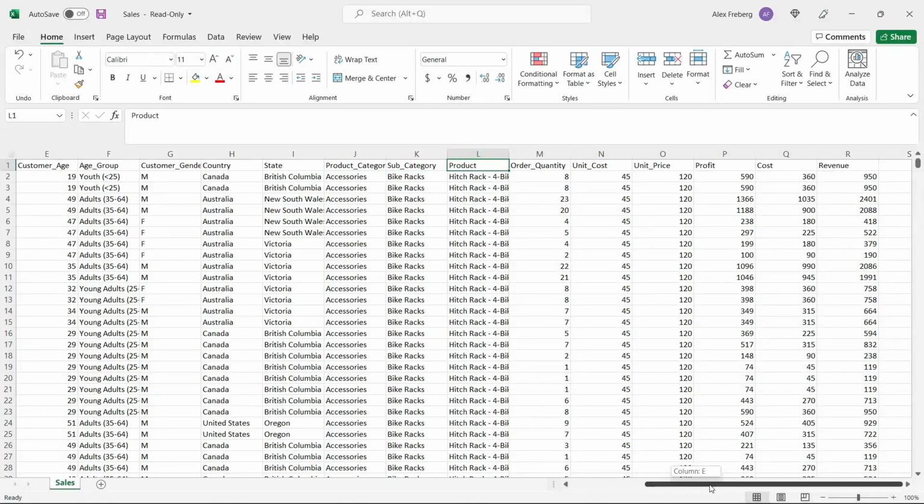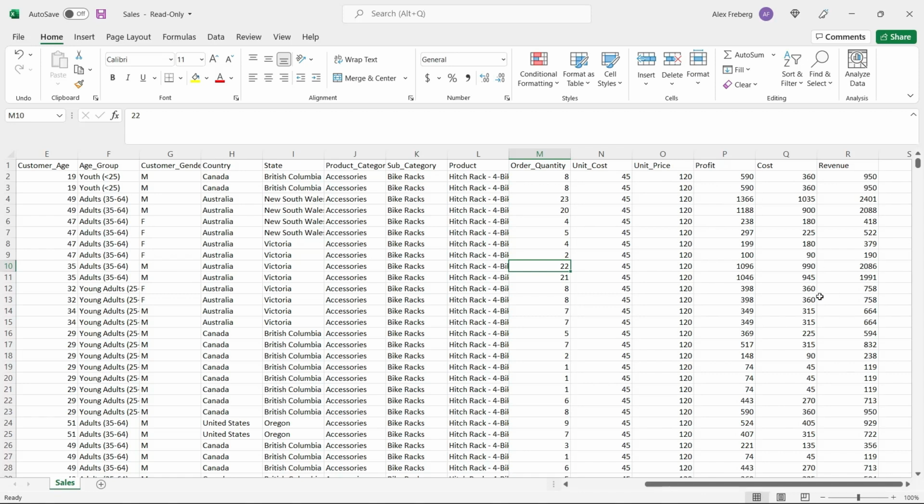And then we have things like how much these things cost, the quantity that was ordered. So we have order quantity, unit cost, unit price. Then we have the profit, cost, and revenue. All things that almost everything in here, we can in some way put into a pivot table. Now, I'm not going to go through every single variation of that, but we are going to be looking at a lot of this revenue over here, because I think it's pretty easy to show the value of a pivot table especially with